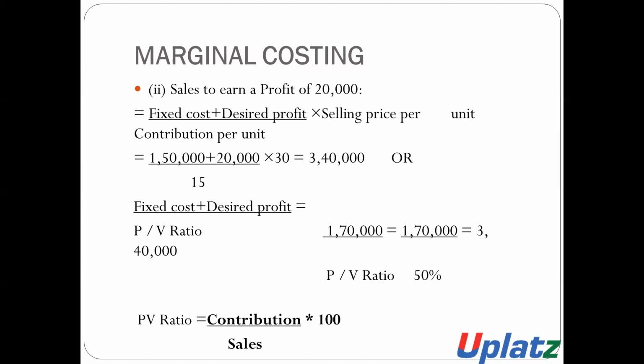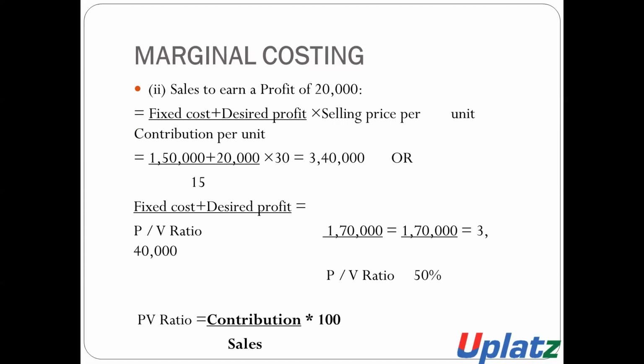It is 3,40,000, or we can also calculate it by the fixed cost. This is the total amount of break even point. This 3,40,000 is the total value of break even point. And there is another formula to calculate the break even point value: fixed cost plus desirable profit divided by